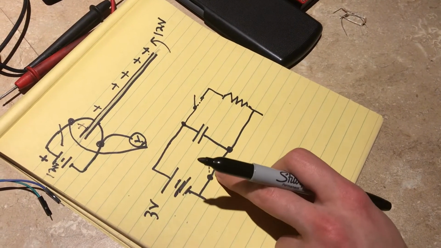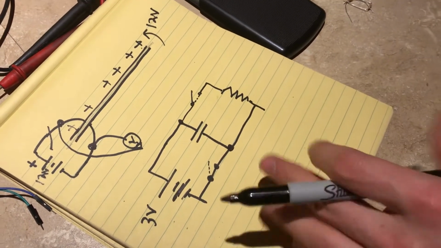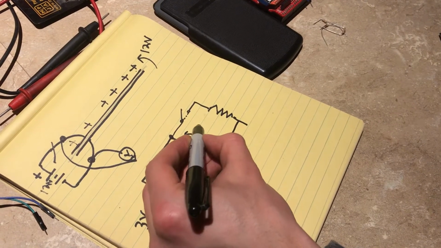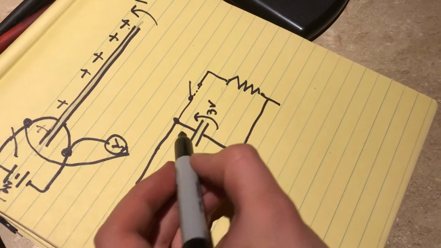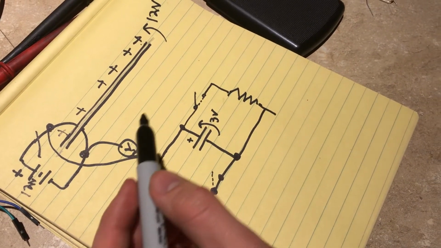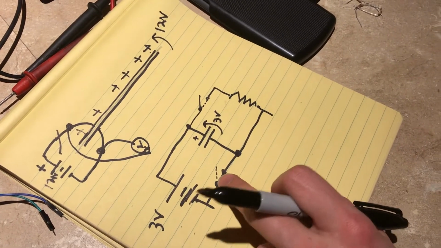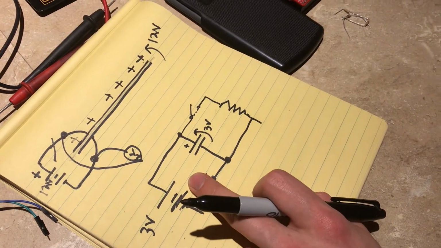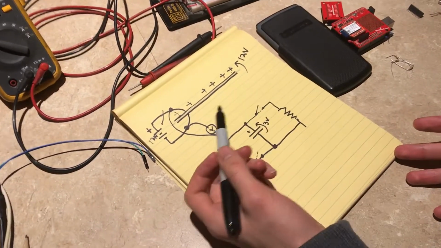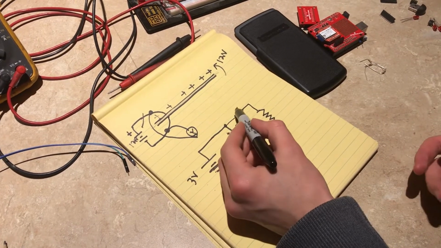Whenever we close this switch here, what will happen is the same thing I did with the demo. It will charge up the capacitor until the voltage across it is 3 volts, and this side will be positive compared to this side. All right? Then we will open the switch, and the capacitor should stay at 3 volts. It's already been charged up. It's disconnected from the battery at that point. Then we will close this switch here,